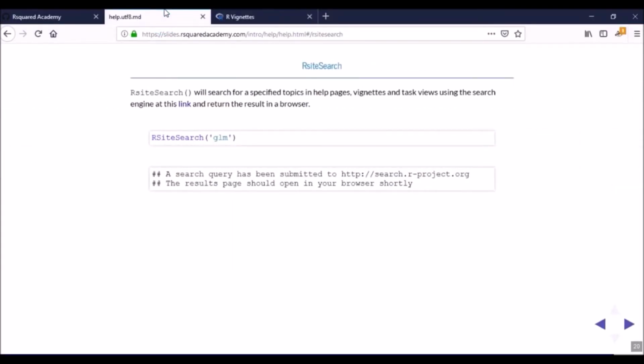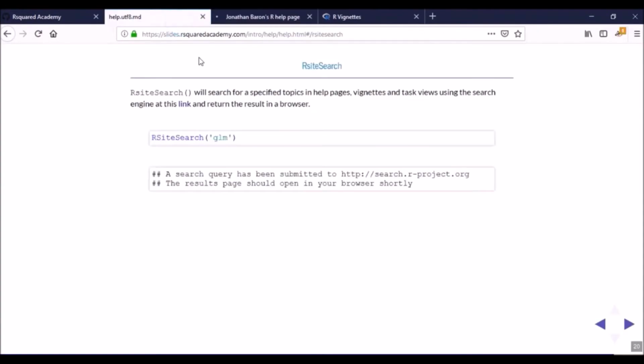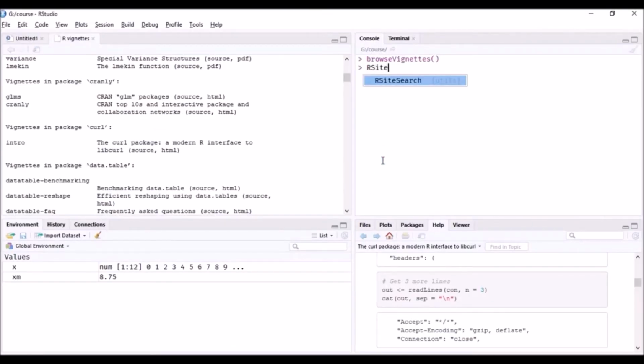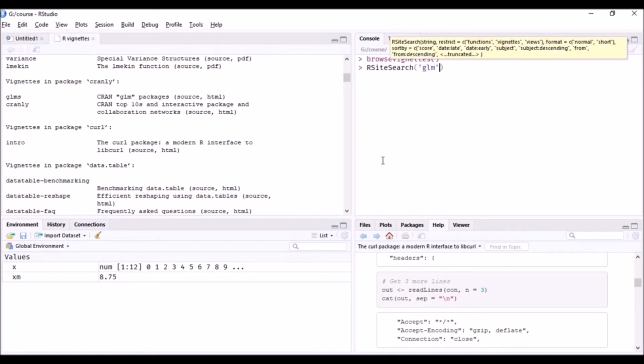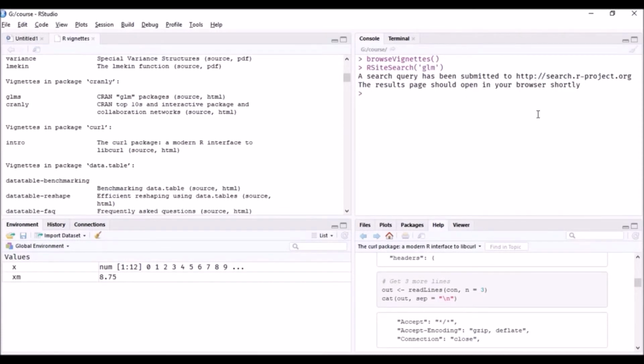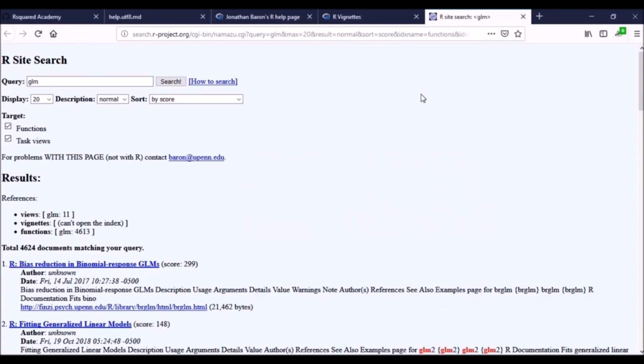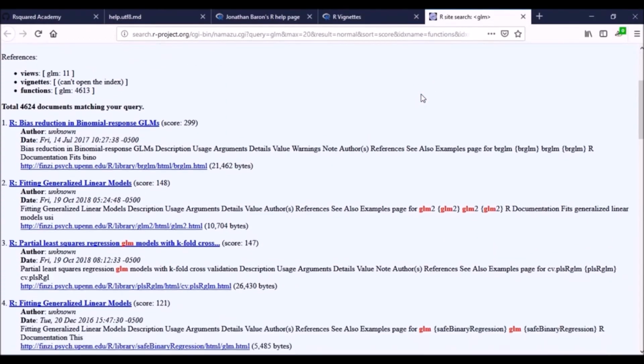And then finally we'll come to RSiteSearch. So RSiteSearch will search for a specific topic in help pages, Vignettes and task views using the search engine at this particular link, right, which is search.r-project.org, and then it will return the result in a browser, right? So let us try this. RSiteSearch, and we are looking at GLM, which is basically used for generalized linear models. Right, it says the search query has been submitted to search.r-project.org. The results page should open in your browser shortly, right? So here you can see the results for GLM,